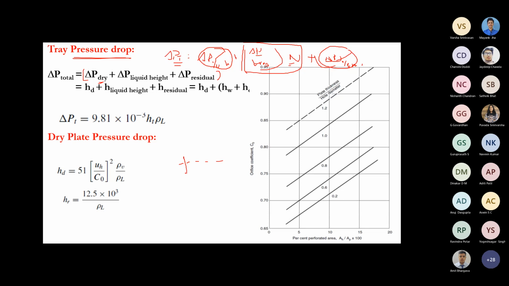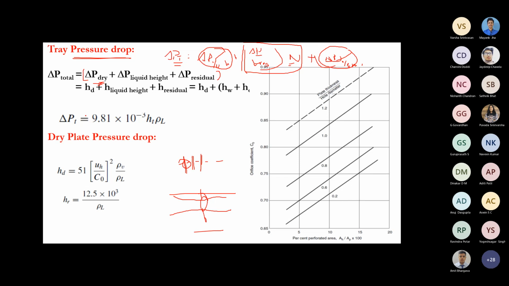Okay, so it's like a single phase flow. The gas flows through the orifice. Momentum transfer, you might have studied. So this is your pipe. Here you have the orifice plate. The fluid will flow like this. So you need some orifice coefficient to calculate these things. When only the vapor flows through the column, through the holes, you can estimate the pressure drop. That's the dry pressure drop.